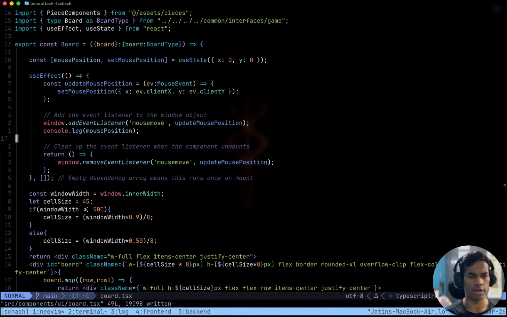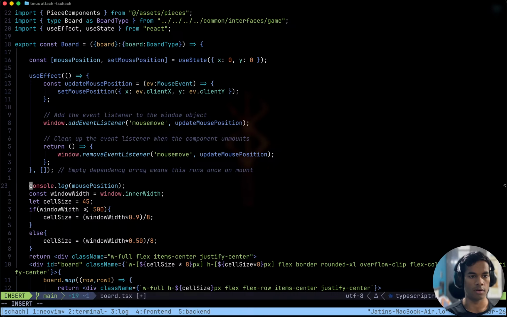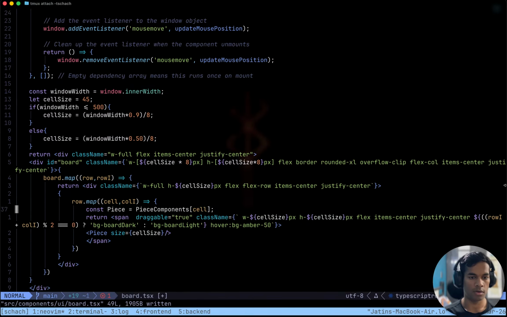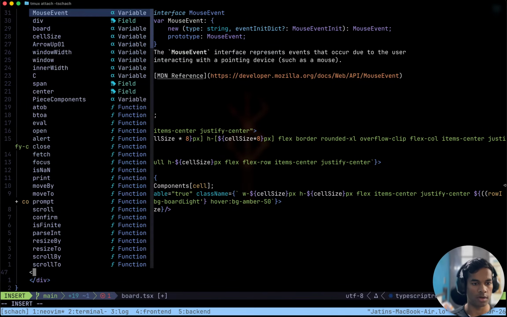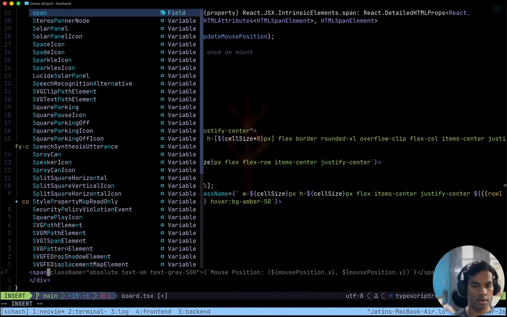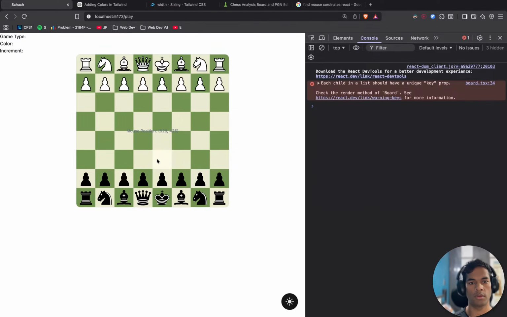I think if we put this here, or maybe just put it here in a span, showing both the mouse positions. Okay, that is very cool.